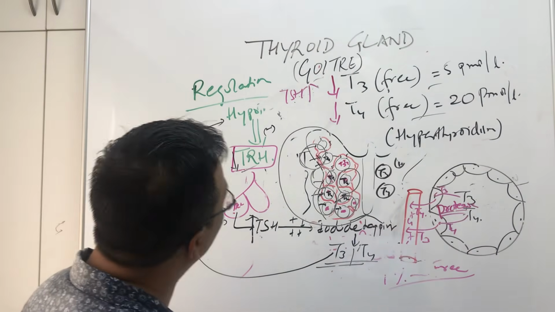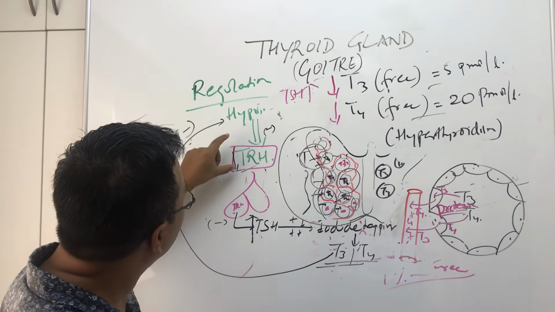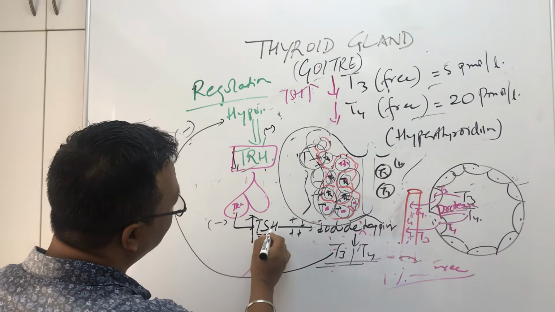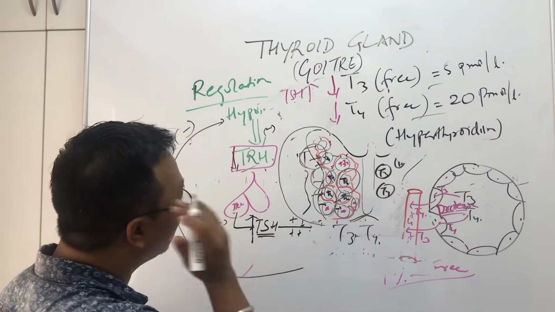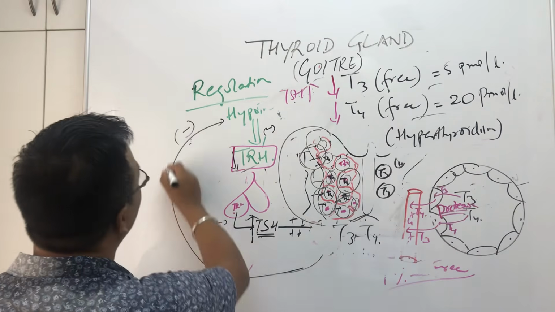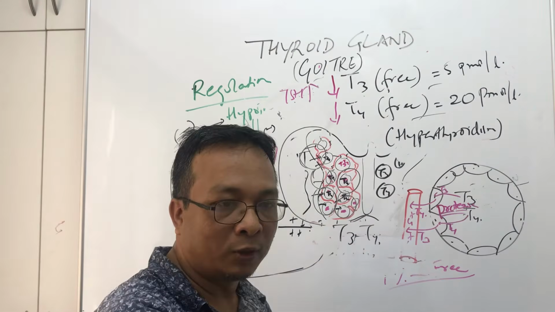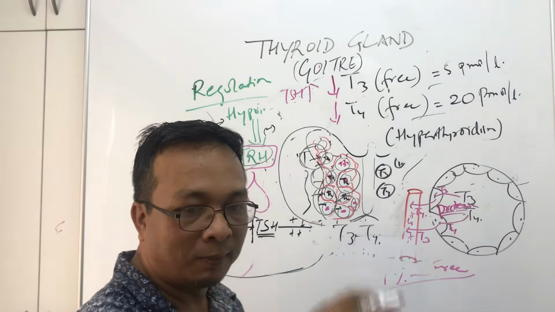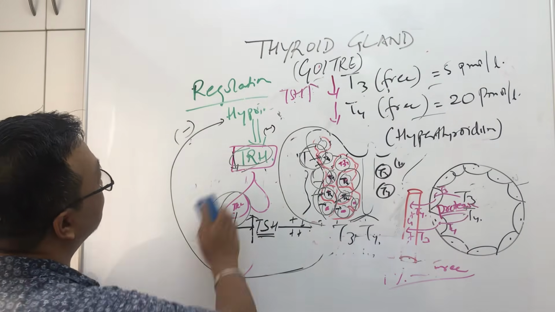So how is thyroid hormone regulated? You just have to write this flowchart. The hypothalamus secretes TRH. TRH comes to the anterior pituitary, which releases TSH. TSH comes to the thyroid gland and makes T3 and T4. When T3 and T4 reach the normal level and start going up, it gives a negative feedback and this secretion is stopped, and again T3 and T4 go down. So every day it is controlled like this. When it is more, it is less. When it is less, it is more. And the level is controlled. That's how the T3 and T4 hormones are regulated, right?